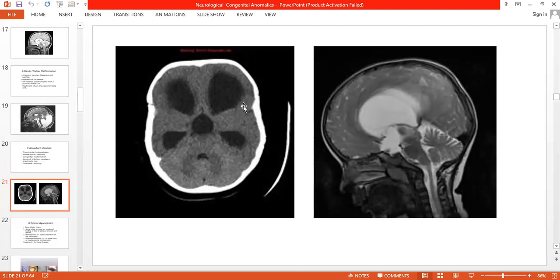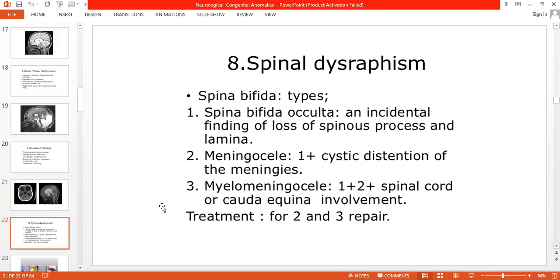We see the temporal horns, we see the frontal horns of the lateral ventricle, and also the third ventricle, which is usually slit-like in appearance, not like a balloon. So here the third ventricle is ballooned out and very much dilated. They are like the mustache of a person. The lateral ventricles are not this big normally. So this is dilatation of the lateral ventricle and third ventricle with a normal fourth ventricle. Again, treatment is placing a shunt within the lateral ventricle and bringing it subcutaneously into the peritoneal cavity.